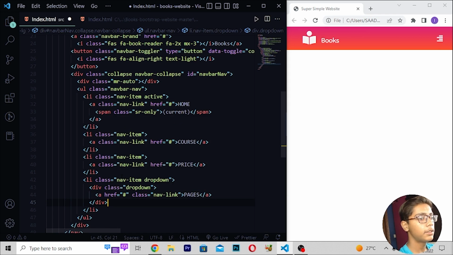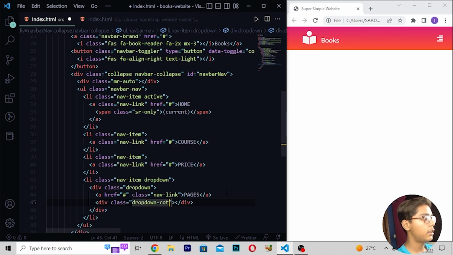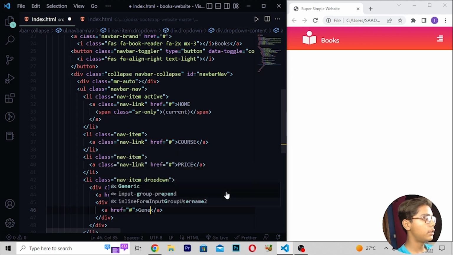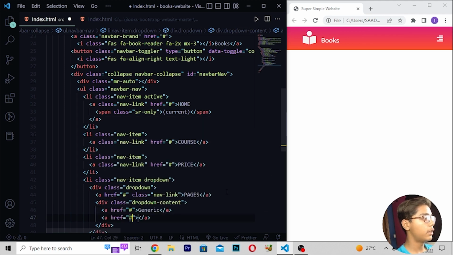Then when you've written this, here you have to just do one thing. I'll be moving down, right here div class, then I'll be writing here dropdown content like this. Then I'll be now writing here a tag, right here element. So here I'll be now writing generic, then I'll be moving down, right here element like this.